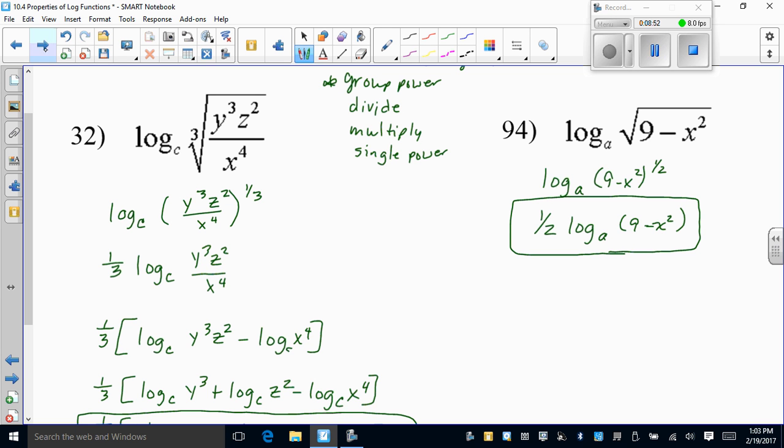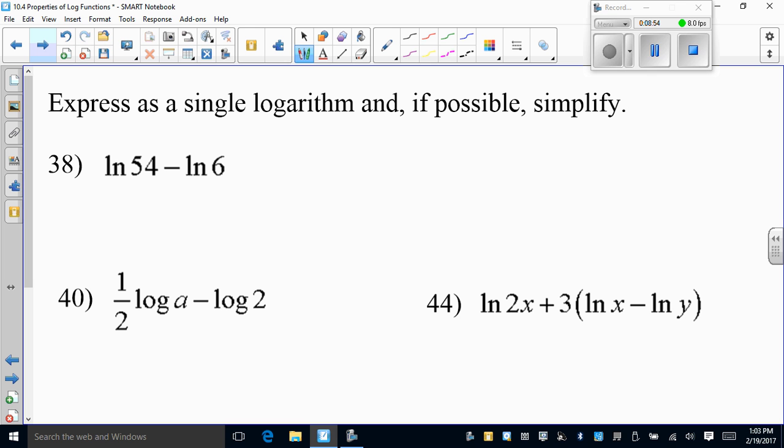So now they want you to go back the other way: express as a logarithm if possible, same steps. So your steps would be power. This time you're going to do power first. I would not worry about trying to pull a power out for everybody. Just make them all individual powers, unless there is one on the outside. Like if this guy here had the 1/2 and the rest of everything else was in parentheses, then that's a group power. Okay, and then anything that is being multiplied, so anything that is being added,